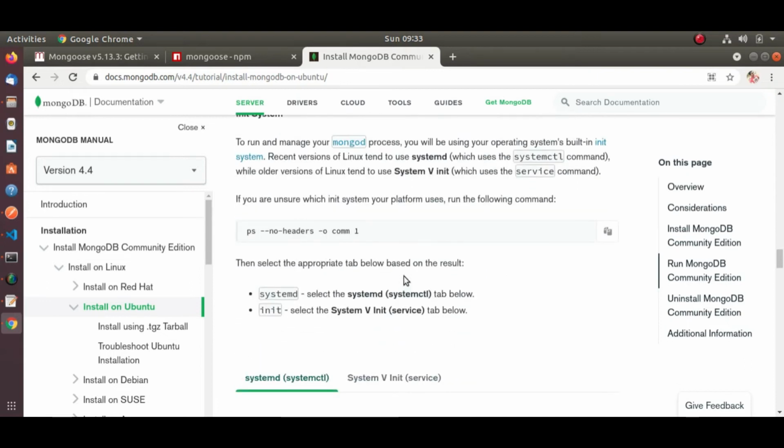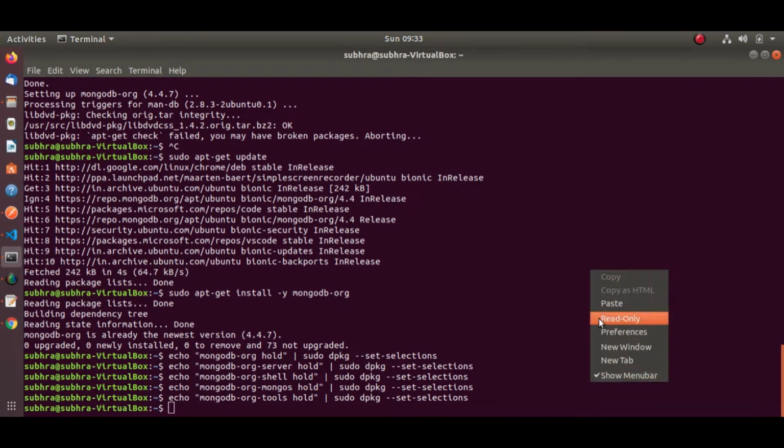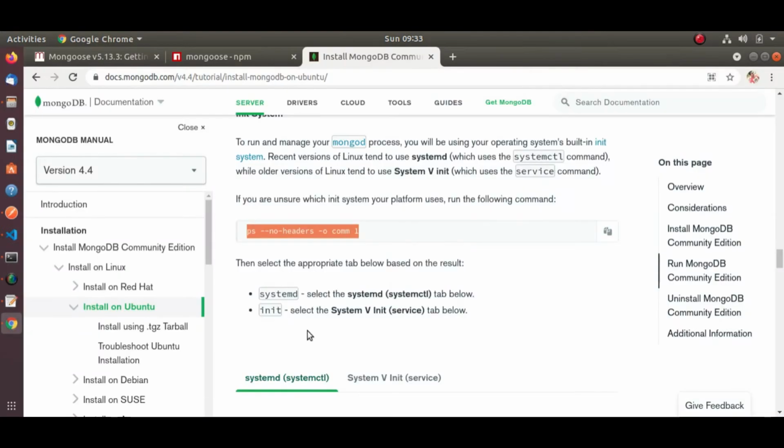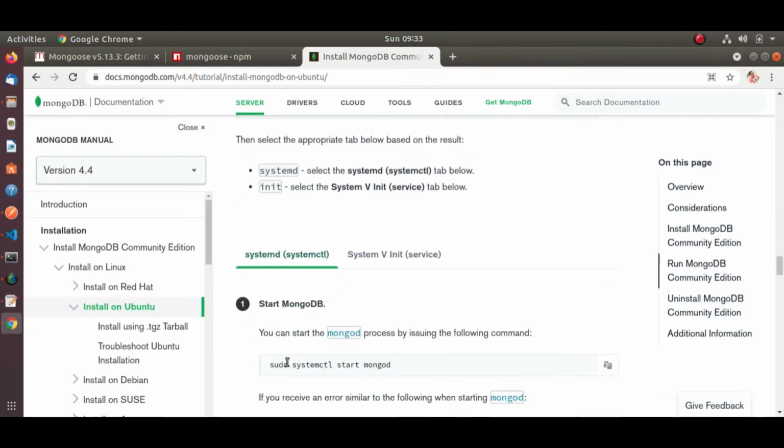For that, let's check which init platform we have in our system. So we have systemd. So we have to start the MongoDB instance using this command, sudo systemctl start mongodb, as we have this init command.